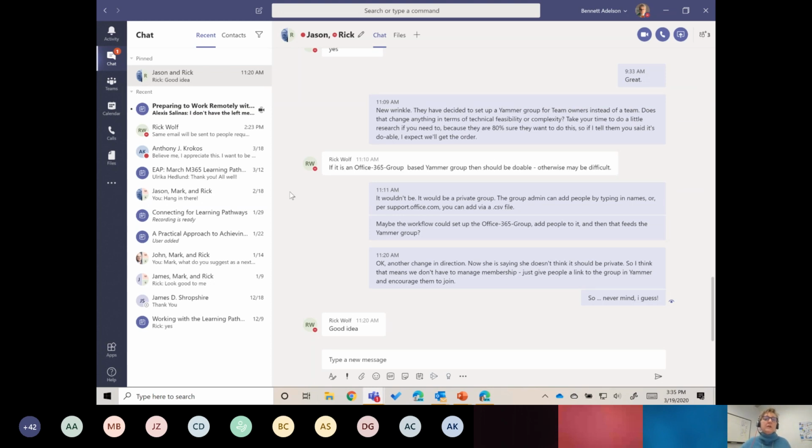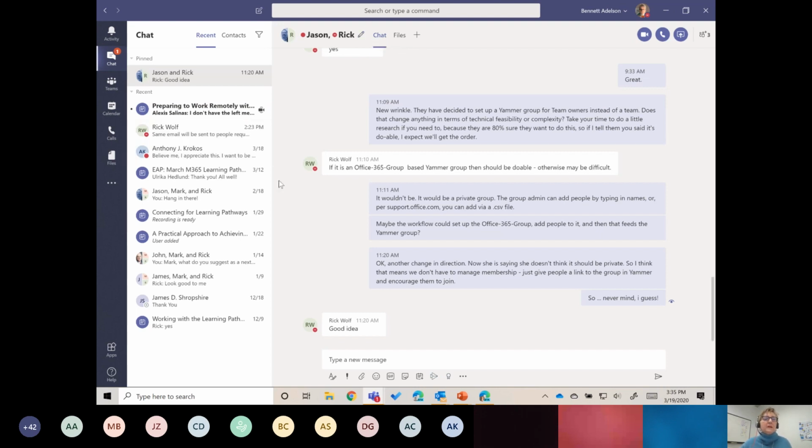Oh, you can also name group chats. You see this little pencil up here. This just has the guys' names, but if I click the pencil and call it, you know, the awesome customer focus team chat, then they will see that name as well. So when you name it, you name it for everybody, but everybody in the chat has the ability to go in and rename it. So that could be fun, I suppose.